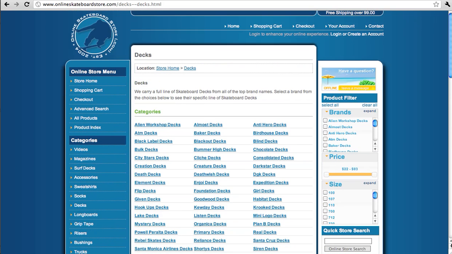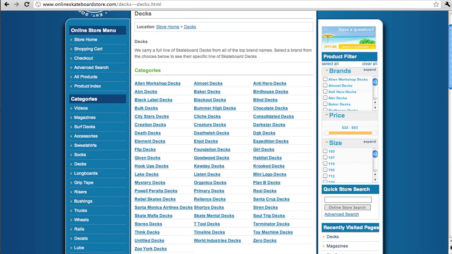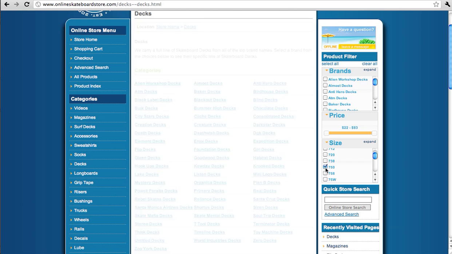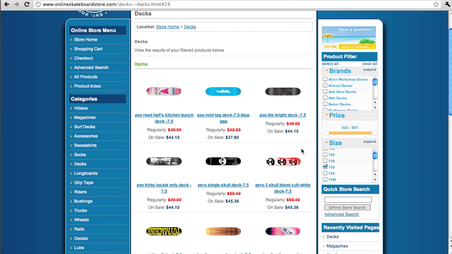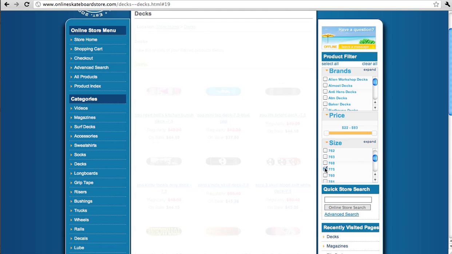If we want to see only specific Dex within the current category, we can go in and say I only want to see Dex of the size 7.5, and the center section refreshes there without the entire page refreshing. And I also want to see 7.75,